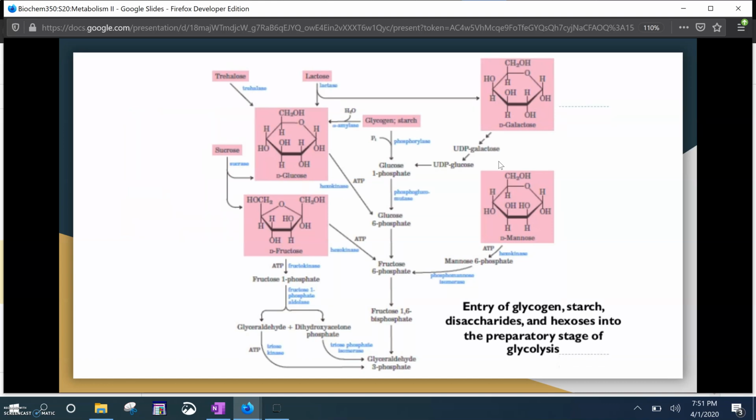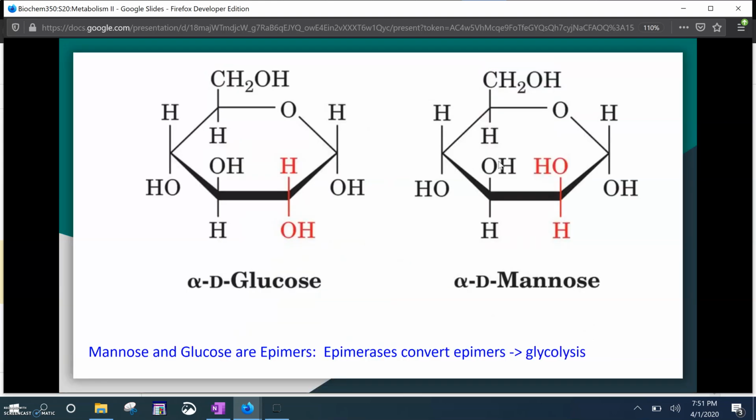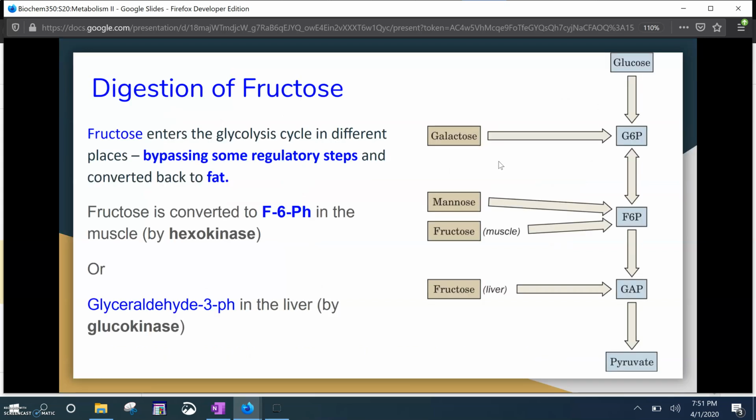Okay, so where do the other ones go in? Well, trehalose can be broken into glucose, and they feed into the same place. Galactose, mannose, all of them feed into different places on the steps of the glycolysis chain. What I want to talk about though, since these are just epimers that can be converted back and forth and then go into glycolysis, is fructose. Fructose enters the glycolysis cycle in a different place, and that bypasses some of the regulatory steps and ends up being